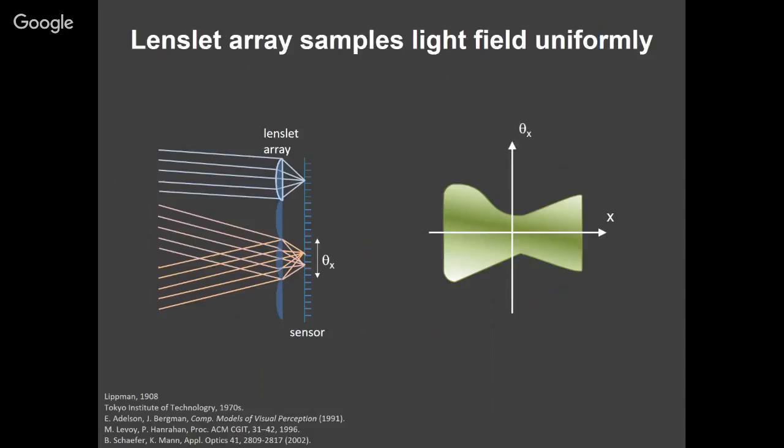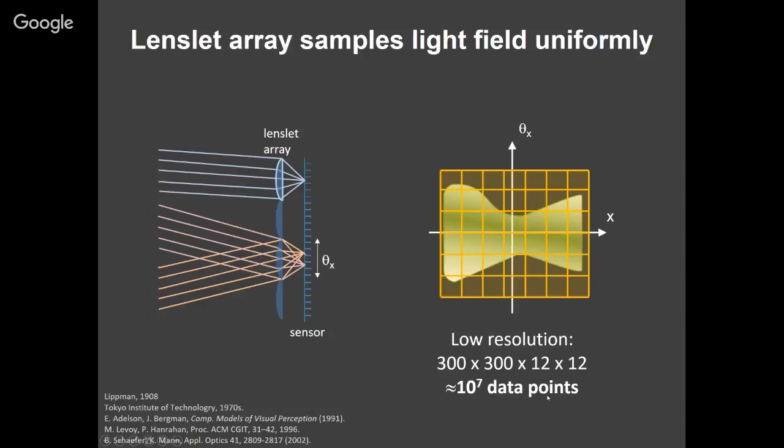But that means that if I have 10^7 pixels, then I'm going to end up with only a few dozen angle measurements at each position and only a few hundred positions in each direction, because I need to split my 2D sensor up into a 4-dimensional measurement. So if you think about this in the light field space, basically each pixel measures the integrated information across one of these boxes here. And I can choose the lenslets to squash the boxes or stretch them in either direction, but I fundamentally can't add more boxes, because that's the number of pixels, right? Okay, so getting back to